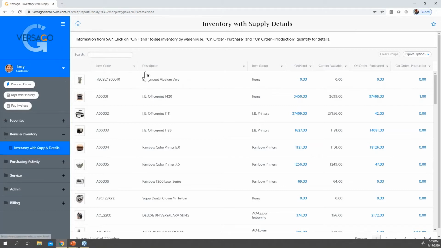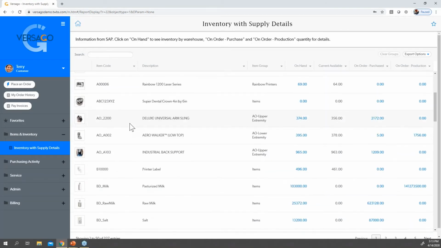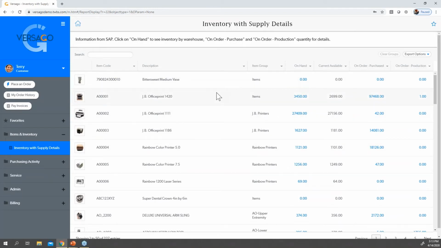So in here, this is where we can give a report like this, where we can say, here's the inventory that you've bought from us, or here's all of our inventory for that matter. And this is what we have on hand. This is what we have available to promise. And this is what we have purchased coming in. And depending on permission, we can actually click on these.